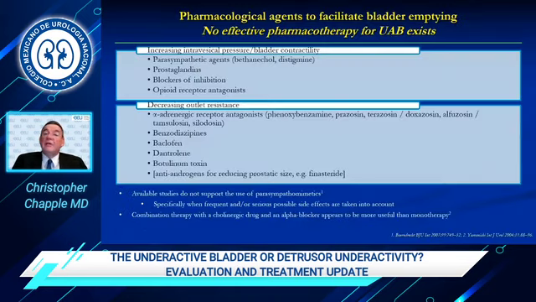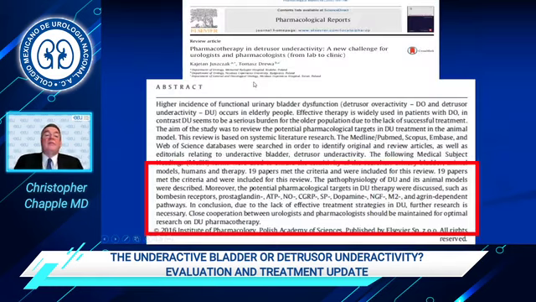I'm afraid there is no drug therapy, either at the bladder or the bladder outlet, which has proved particularly effective with the underactive bladder. If you talk about parasympathetic agents, they're not recommended for use because of the side effects, and none of these other therapies have really been shown to be very effective. If you look at this, what about the future? This is a recent review, and the conclusion was we've looked at all of the pharmacological approaches, and there's nothing